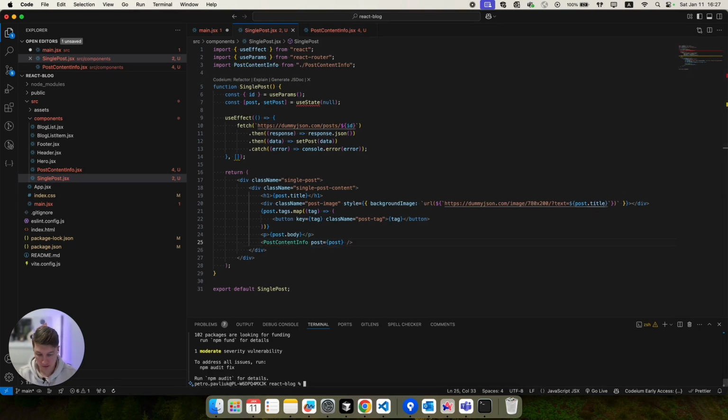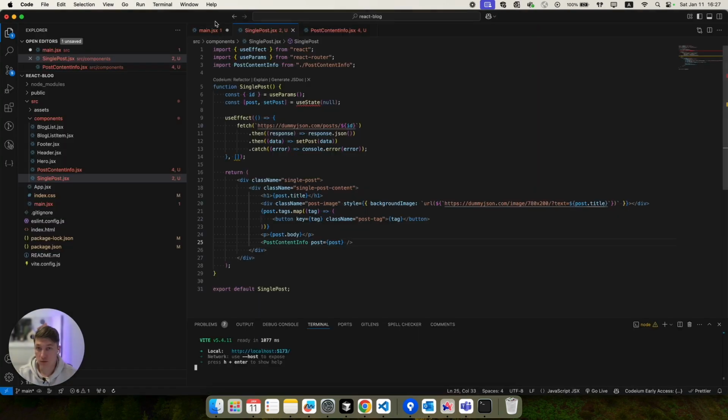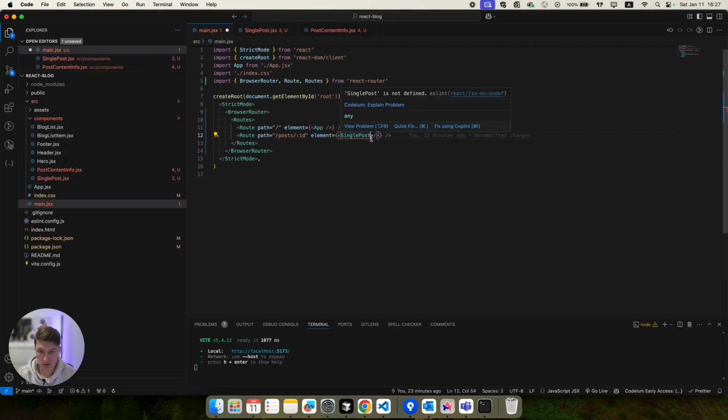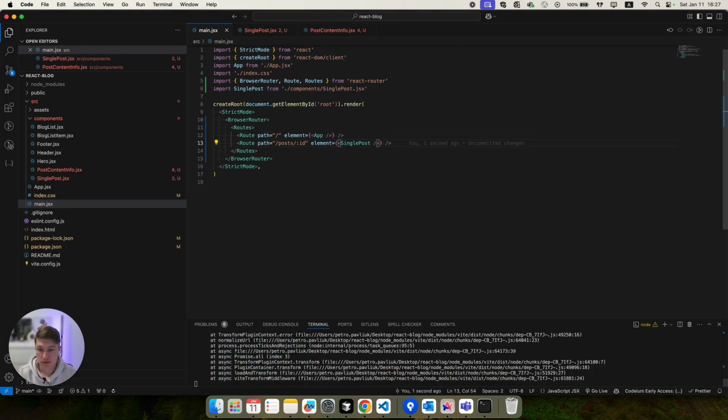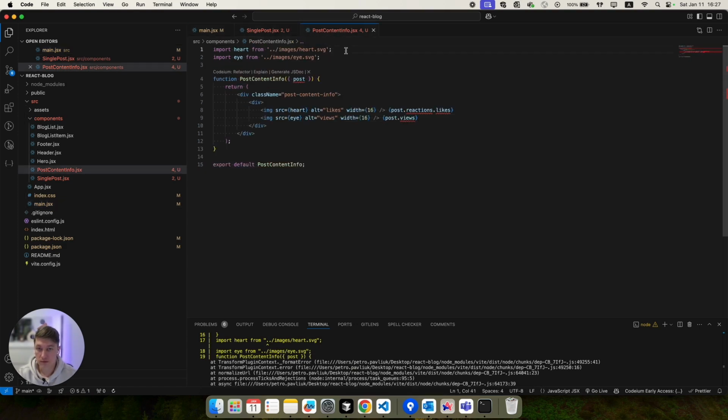Okay, let's run npm run dev, run our application, and see if everything works correctly. This is our previous page. So actually, we need to also save this file and import everything. Now we have an error. Let me quickly check what the error is. Okay, something with the import of our files. Of course, we don't have images, we have assets. Okay.